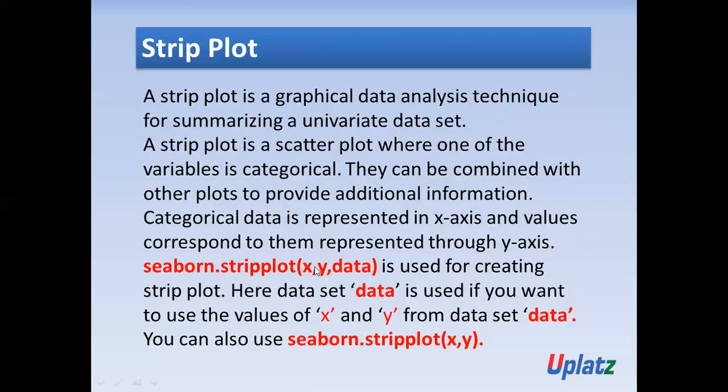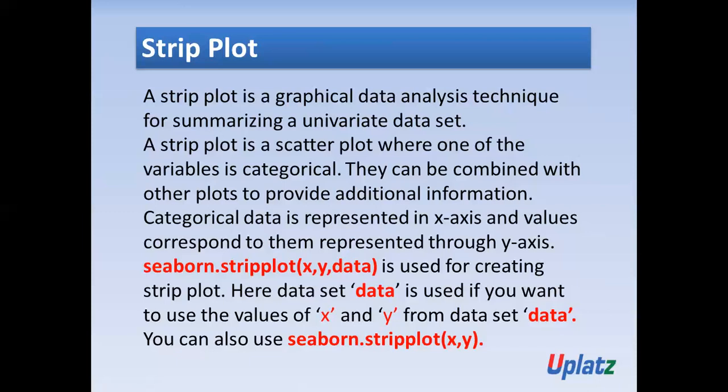So x is equal to the name of the column for which you want the data on the x-axis, and y is equal to the name of another column whose values you want to plot on the y-axis, and data is the name of the data frame. Are you getting it? Don't be confused. I will also show you an example of both of these things: how to use seaborn.stripplot with 2 arguments, x and y, and with 3 arguments, x, y and data.